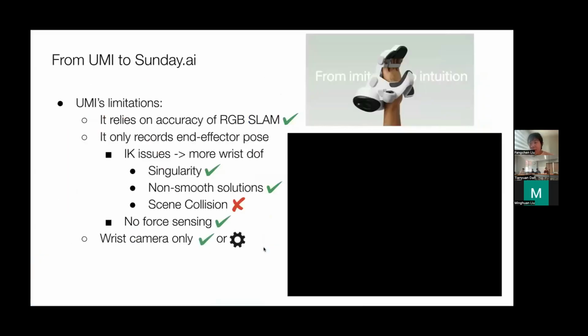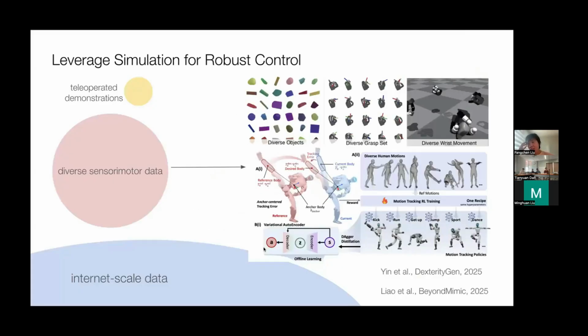Okay, that's some brief discussion of portable devices. I feel it's pretty popular recently, but there are some takeaways from me. Also, I'll talk about some future work. Maybe we can leverage different sources of data to achieve this. For example, for this diverse sensorimotor data,